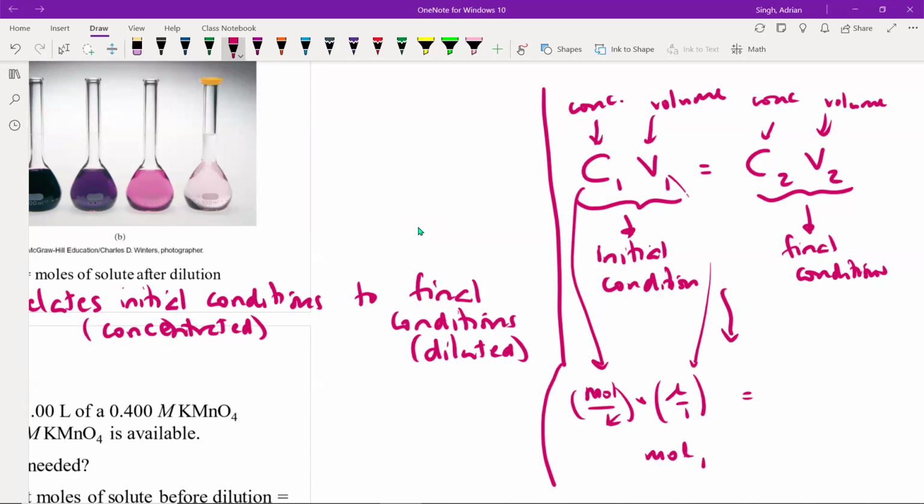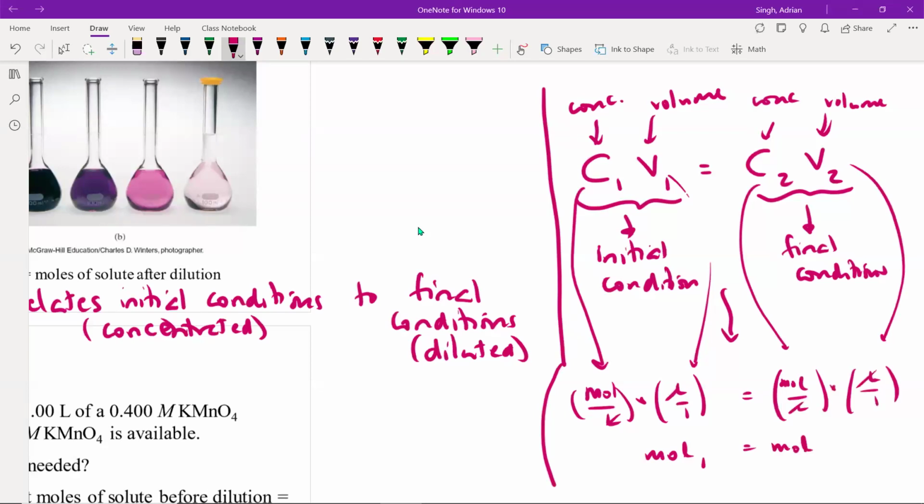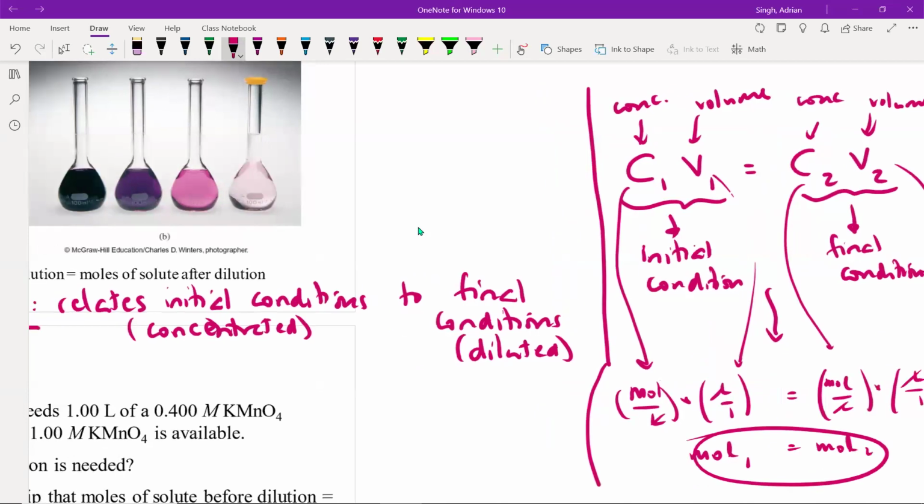And then if I multiply my final concentration, moles over liters, times the final volume in liters, the liters go away, and I end up with the moles at the end, right? The number of moles doesn't change when you dilute something. It's the same number. What changes is the volume,